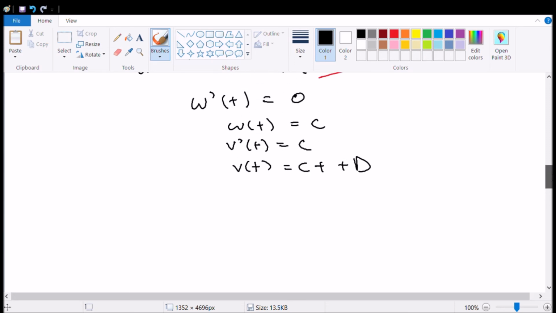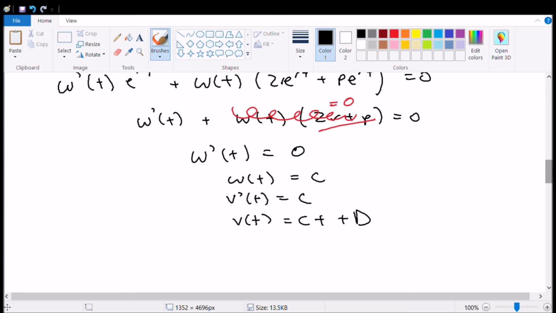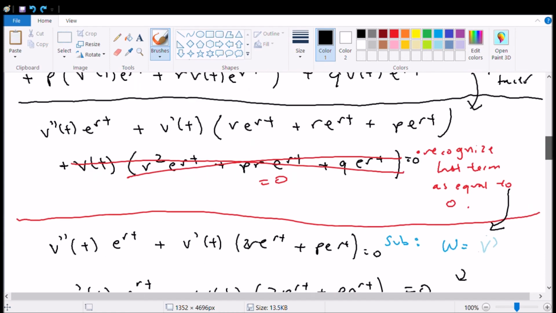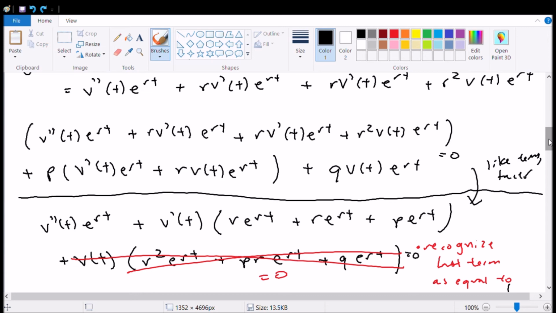And again, we're just going to assume that these constants are products of the initial condition and don't really matter, so what really matters is the form of the function. The form of the function is linear, so the simplest linear we have is t. So since v of t equals ct plus d, we're just going to assume that it takes on its simplest form of t, then over here,